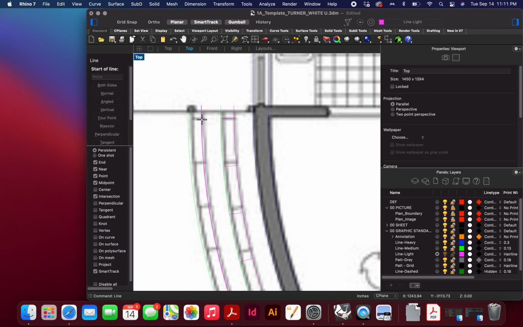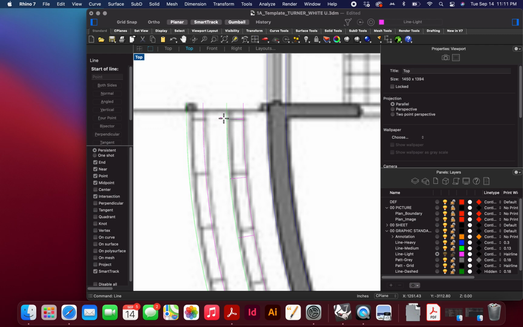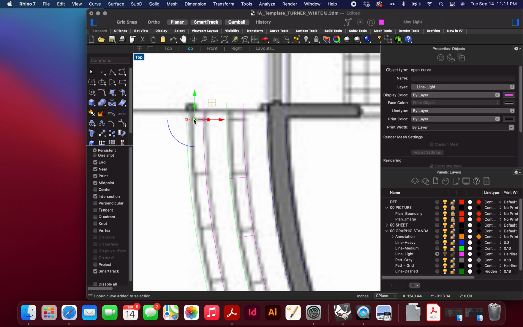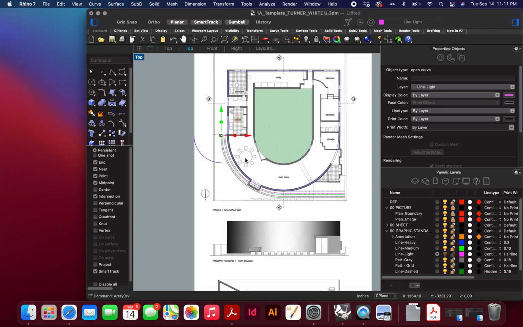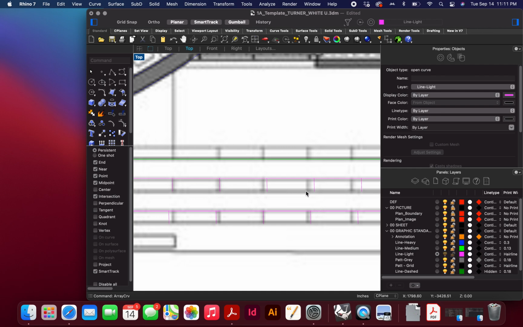So you create your line in between these two. If you hold it and line it up, you can get the smart guide. So ArrayCrv, select your path, and because this is a larger curve, because it's offset, you will probably want 35. How many was on this one? So you want them to line up. Okay, I'm going to redo. Yeah, so I would